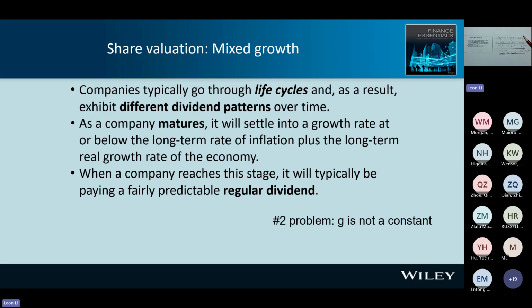Then in the mature stage, the dividend growth rate will be stable. G becomes a constant, and then we can apply our DGM model. All right. So you can see in practice, we have the issue of life cycle. Dividend growth rate is not a constant, and we have different stages. So because of this problem, next slide,